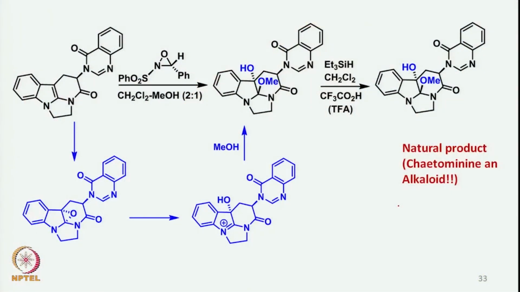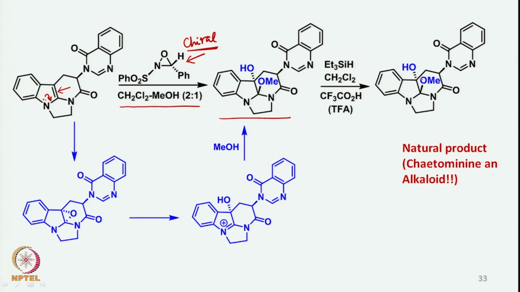Now what can also be done, interestingly, is that olefins can react with a molecule of this type. Here one can take even a chiral substrate, for example of this kind, and when this is reacted with an olefin of this kind, which is a highly electron rich olefin like an enamine, what is formed under these conditions with dichloromethane and methanol is the final product, which is basically this, and